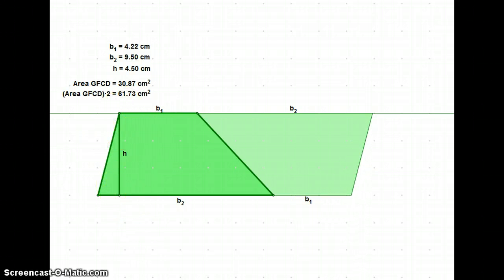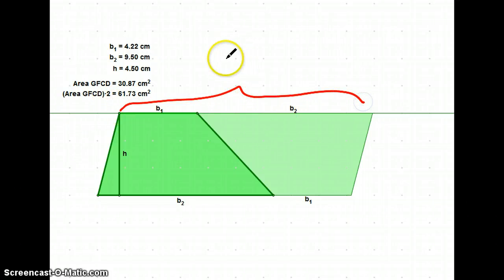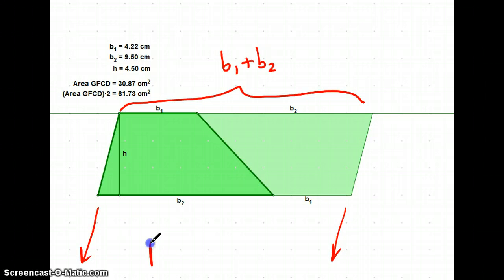Look at now this entire length across the entire top of this new figure. That's base 1 plus base 2. And that's the same across the bottom, which should sort of lead us to believe that, well, wait, hold the phone. What kind of shape do we have here? Well, that's the same as that. This thing, when I rotate it 180 degrees, is sort of pointing the same direction. That is going to have to be parallel to that. What we have here, my friends, is a parallelogram,